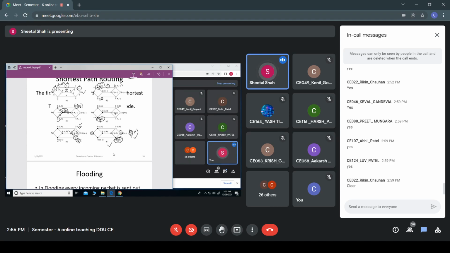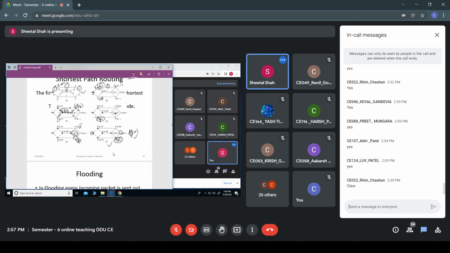So when the packet reaches F, it would flood on all the outgoing links except the one it has come from. Now this packet would reach C. See where it will flood. It will flood here as well as here. Are you getting this? Again, B receives the same packet once again, and again it would forward it to E. So what happens? It would roam such packets infinitely within the network. Hope you are getting this.